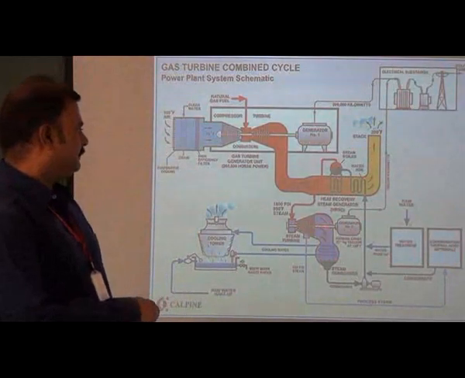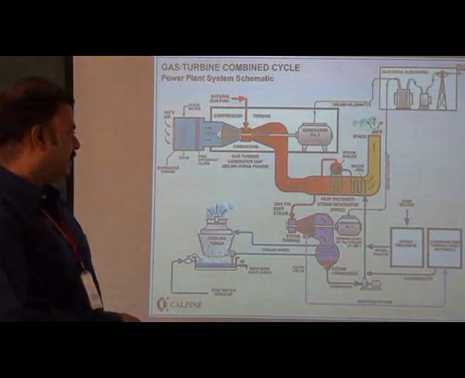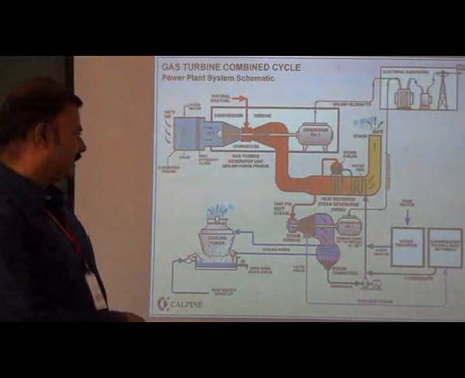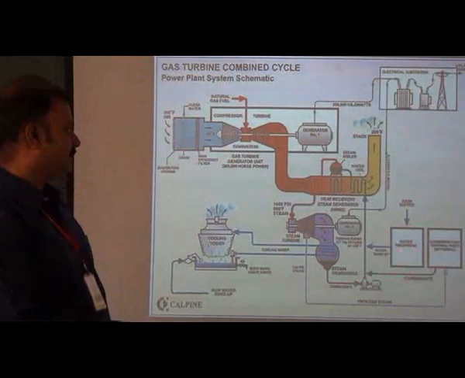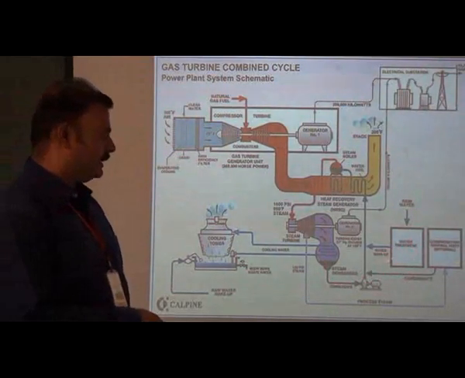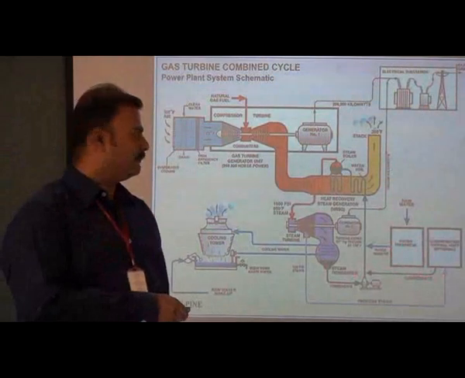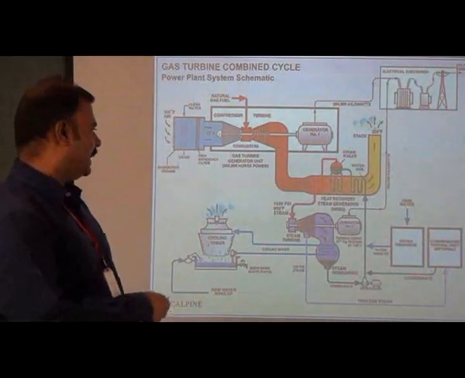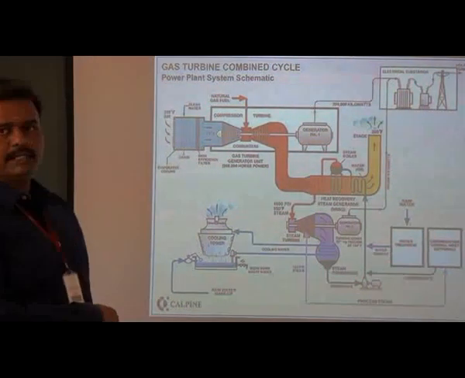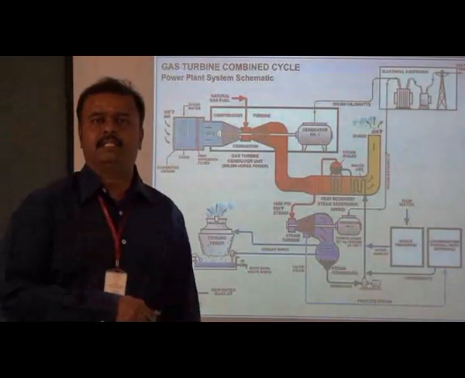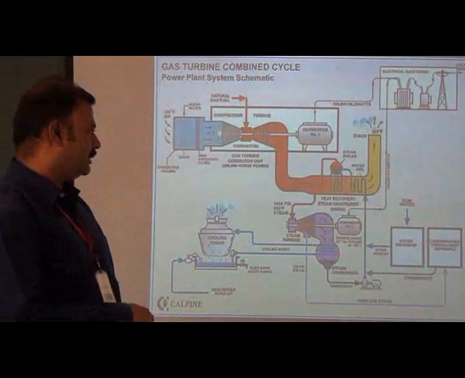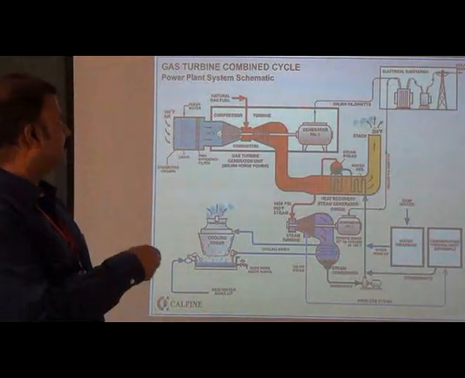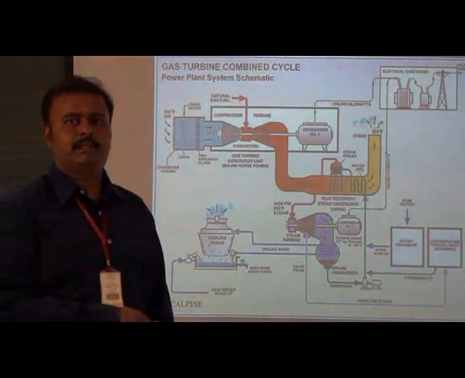Again, the exhaust steam coming from the turbine is condensed by using the condenser. It is converted into water and then the condensed water is treated here. Makeup water is added again, and then it is circulated back. So this is nothing but a cooling tower. The purpose of the cooling tower is to cool the steam which is coming through the condenser. So this is the working principle of a gas turbine combined cycle power plant.